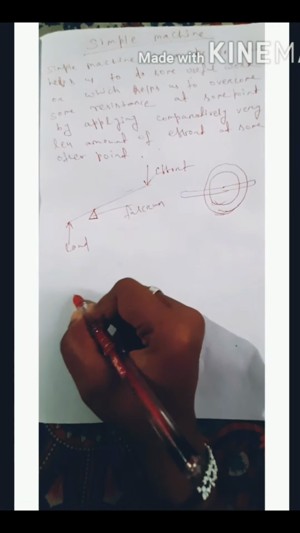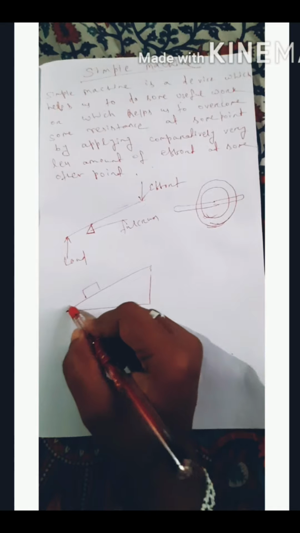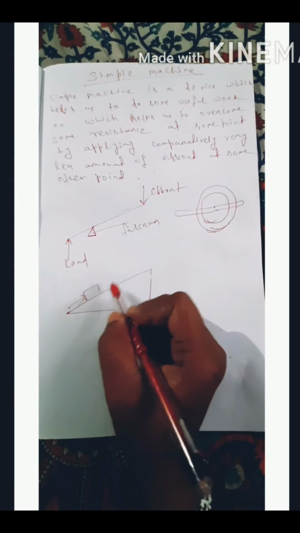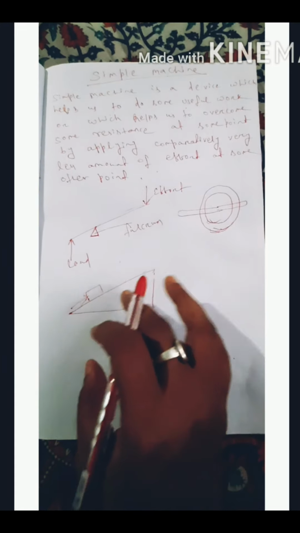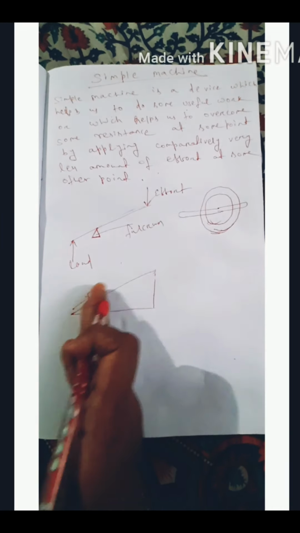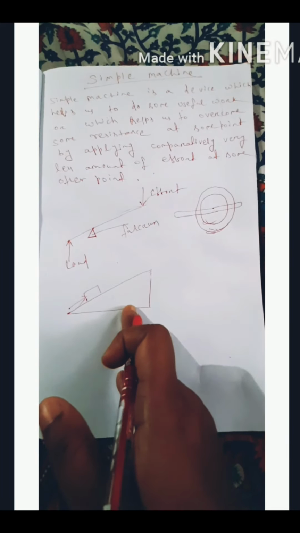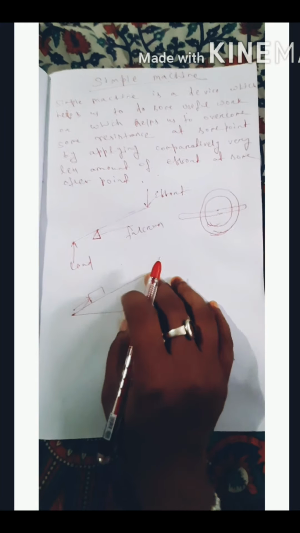And another example of simple machine is an inclined plane. In case of an inclined plane, we can lift the load easily by sliding over the inclined plane, as the gravitational force will be less compared to vertical axis. If we try to lift the load along the vertical axis, then the gravitational force will act directly, but in this way the component of gravitational force will act, which will obviously be less than the gravitational force along the vertical direction. So in this way we can easily lift more amount of load by applying very less amount